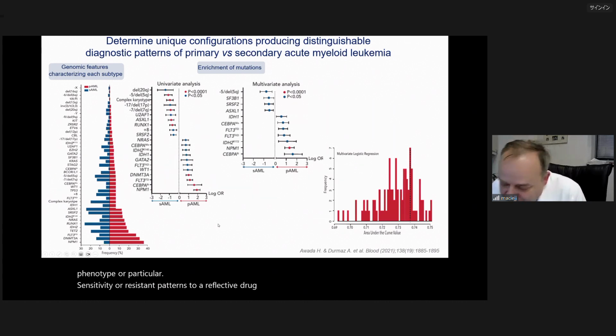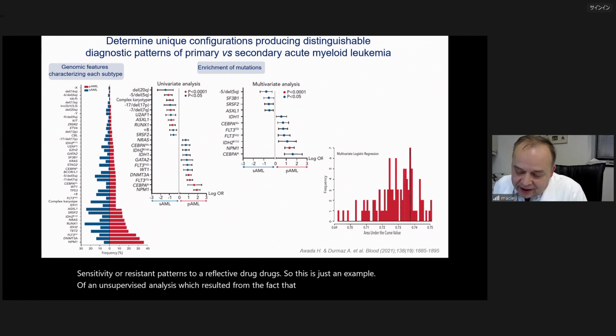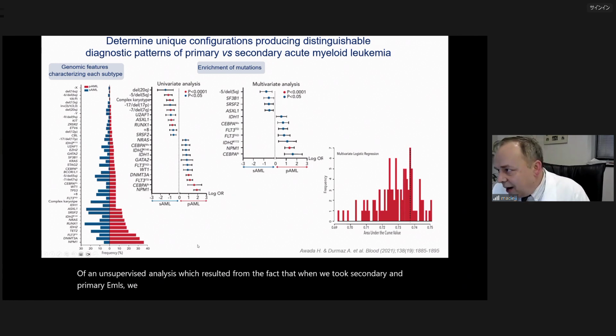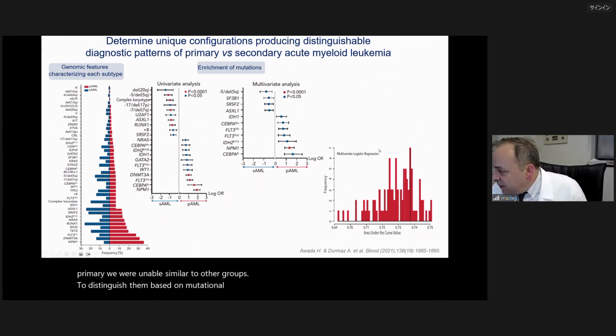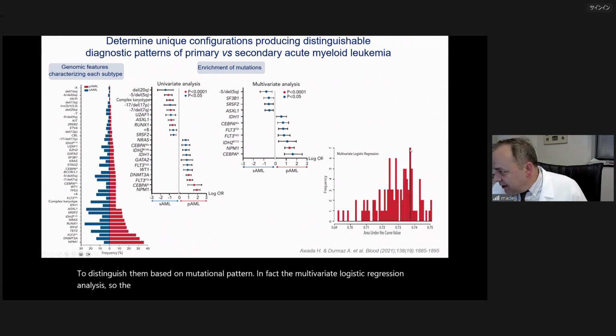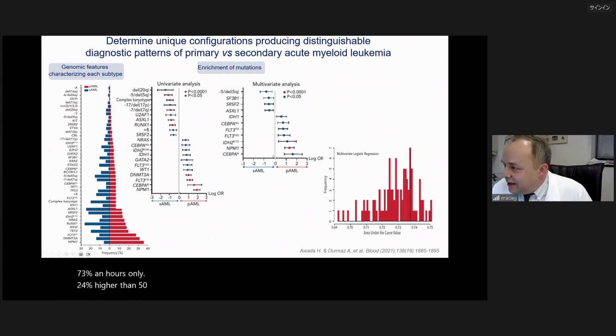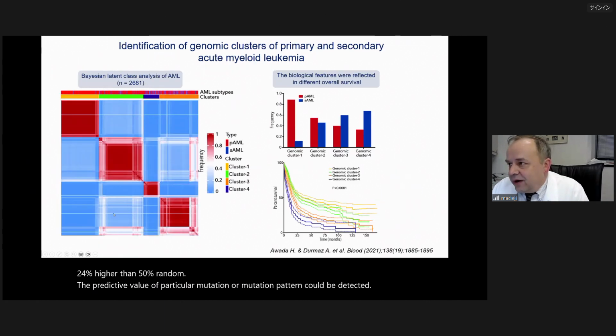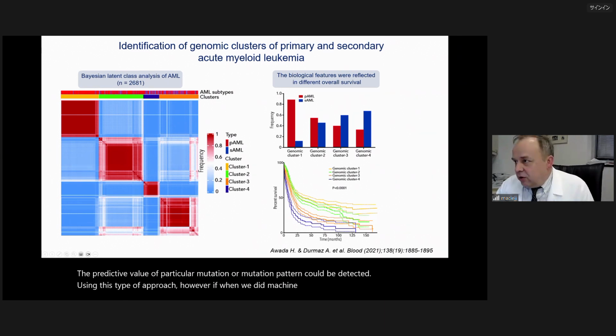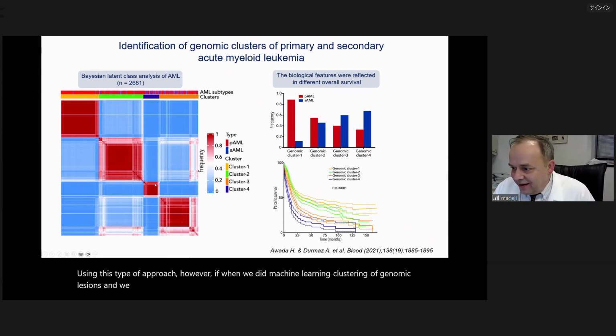So this is just an example of an unsupervised analysis, which resulted from the fact that when we took secondary and primary AMLs, we were unable, similar to other groups, to distinguish them based on mutational pattern. In fact, the multivariate logistic regression analysis showed an area under the curve with a cutoff value of approximately 73%, and ours only 24% higher than 50% random, so some predictive value of particular mutations or mutation patterns could be detected using this type of approach. However, when we did machine learning clustering of genomic lesions, we identified 4 different clusters out of